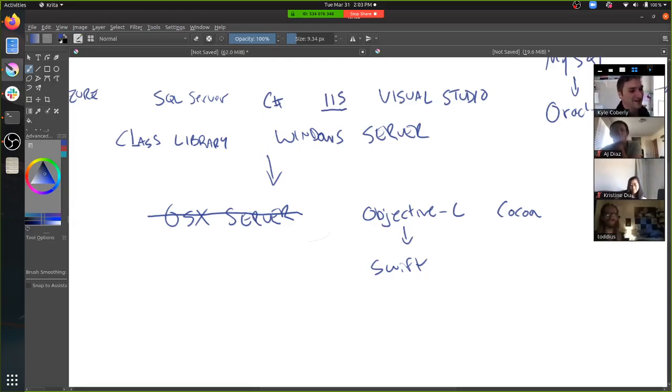It's schemas and ERDs and a lot of that kind of stuff. There's very little about how computers actually work. Some of that stuff comes from